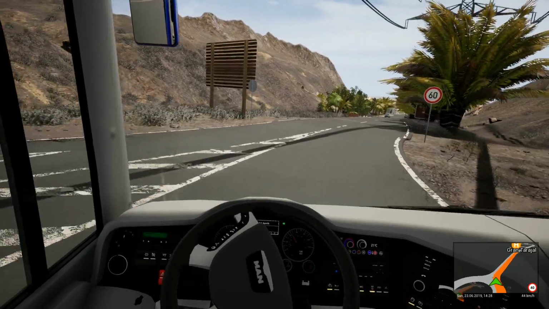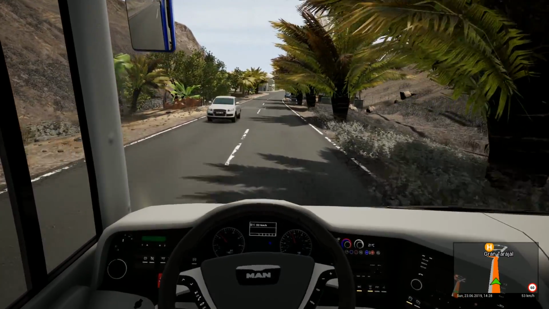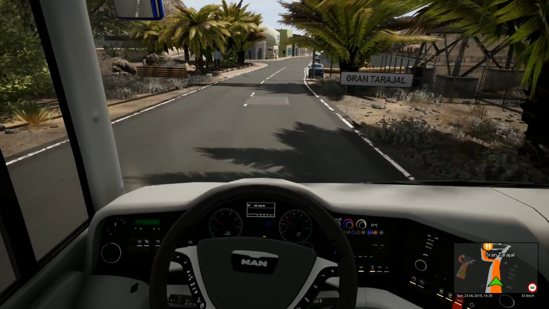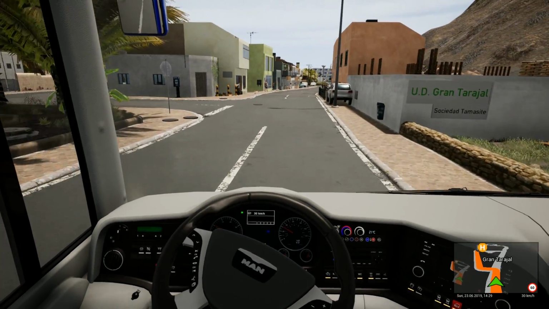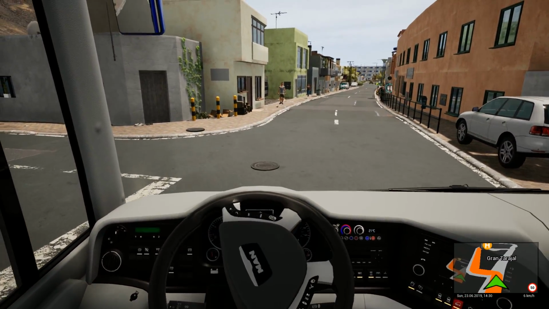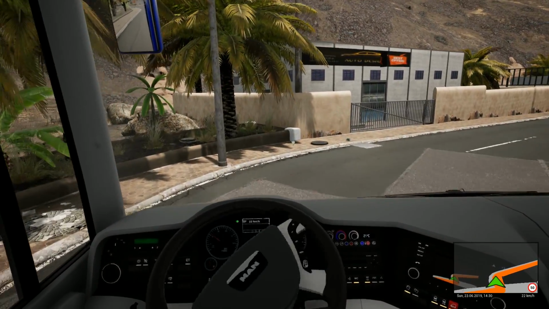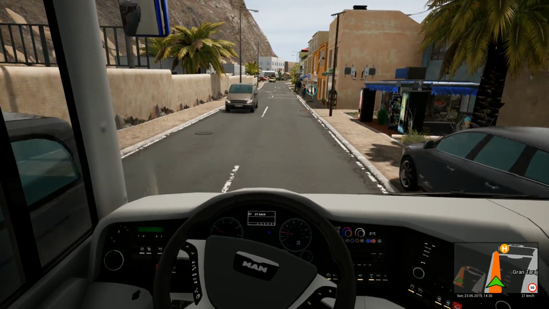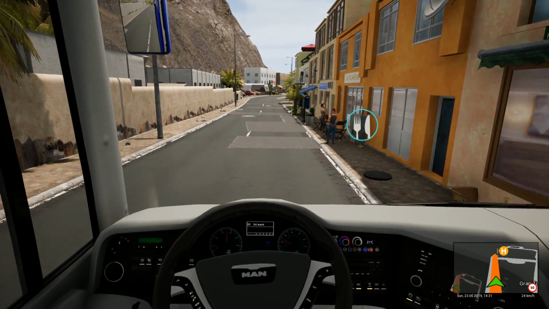So we're here back now in Grand Tarahal, and we'll be just taking a left up here. For those of you that remember back to the first episode, I know I've gone back to that episode a couple of times, there's a little bit just coming up here that caught me out first time round, where there were some really suicidal display cabinets that decided to throw themselves into the road as I went past. So if I remember rightly, they were just up here on the right. So let's just go a bit slow and see if they decide to...